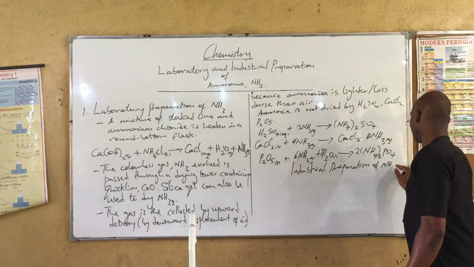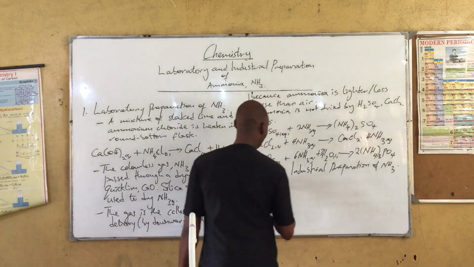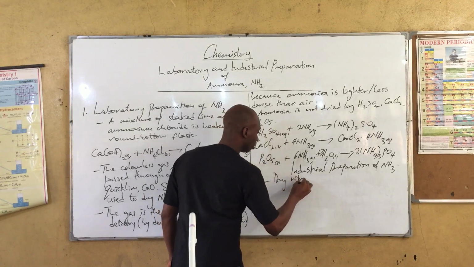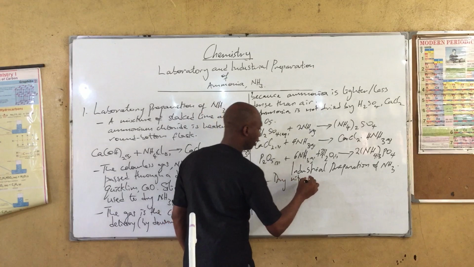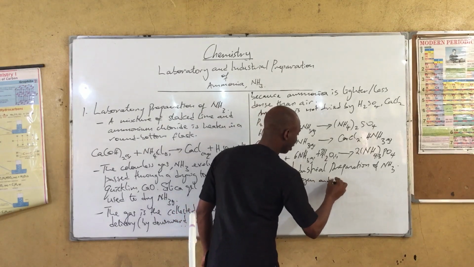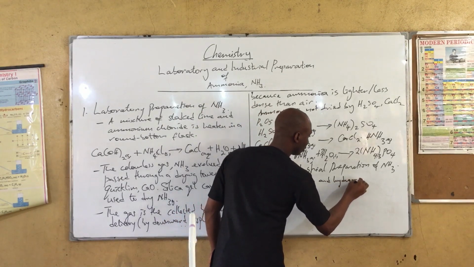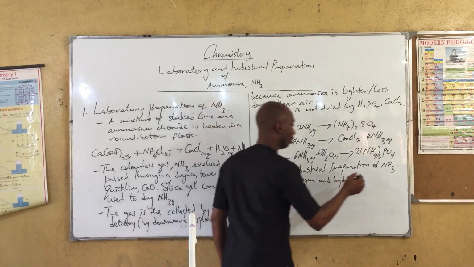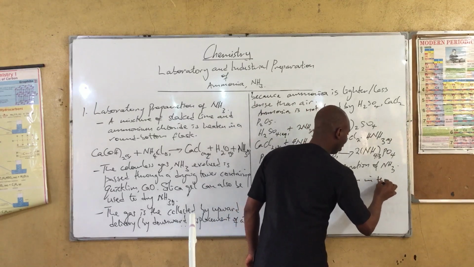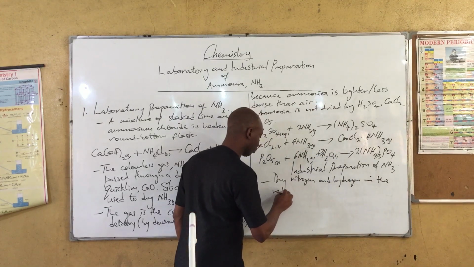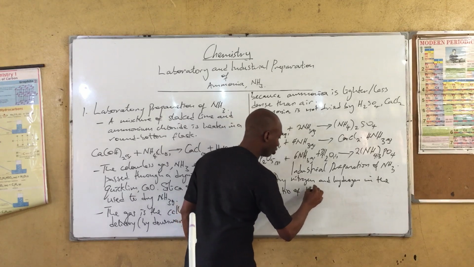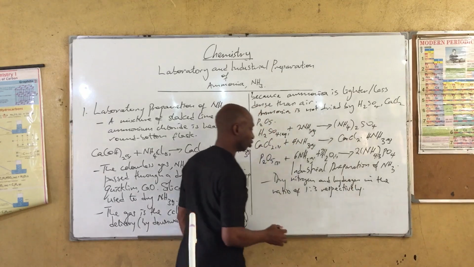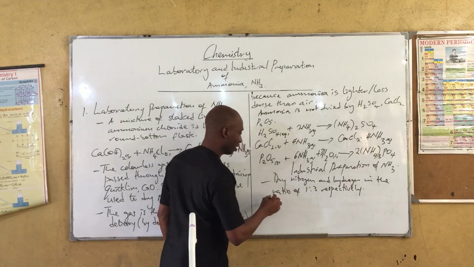All right, the raw materials are dry nitrogen and hydrogen, of course from liquefied air, in the ratio of 1:3, respectively,